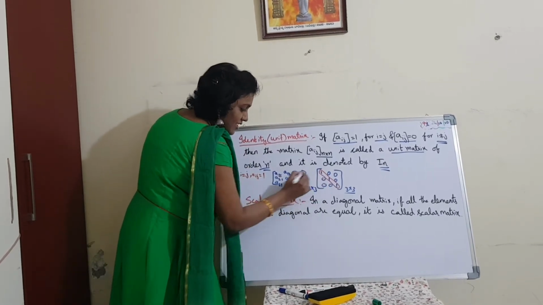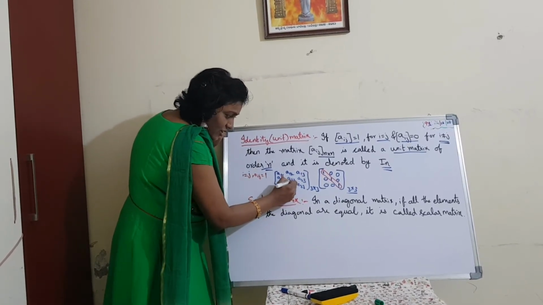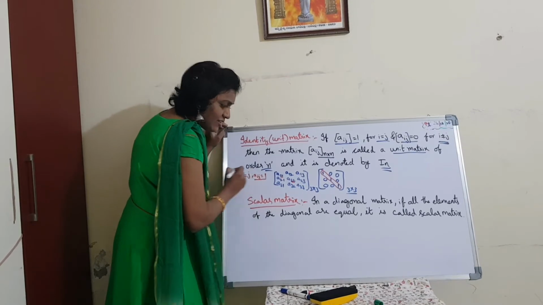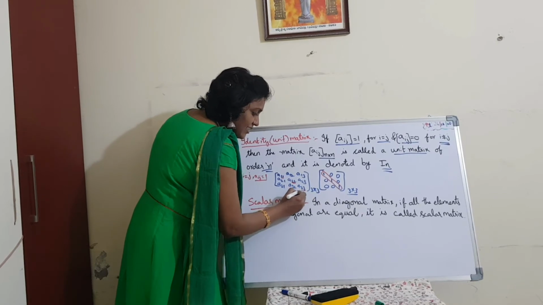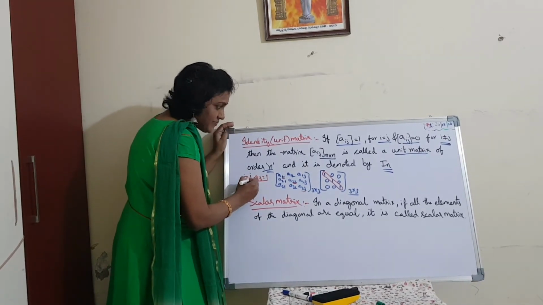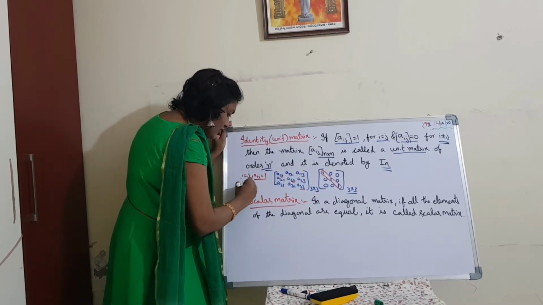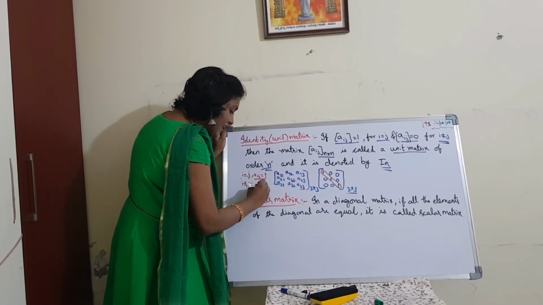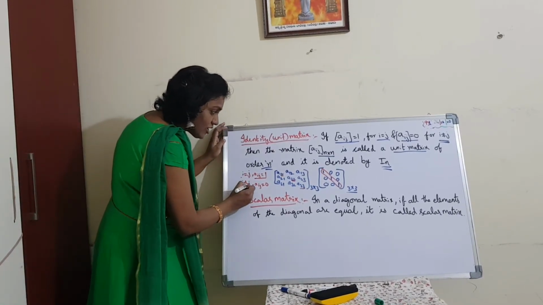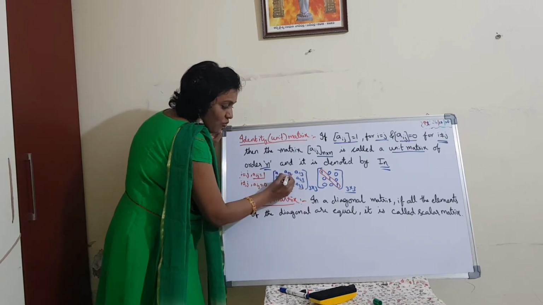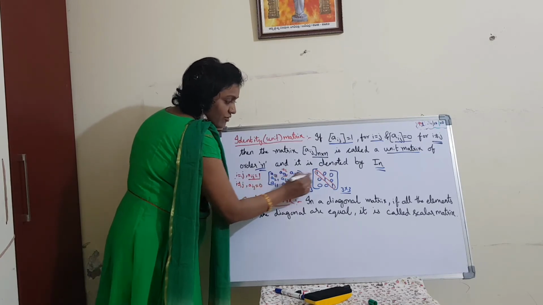Here also you can see what is there here? A22. Here i and j are equal, no? 2, 2. What will we get here? 1. Next third one A33. A33 means i is equal to j, no? What will we get? 1. See here next i is not equal to j. What will we get? Aij is equal to 0 you get. Here i is not equal to j means here ij, 1 and 2, 1 is not equal to 2, no? 1 is not equal to 2. Therefore we will get 0.